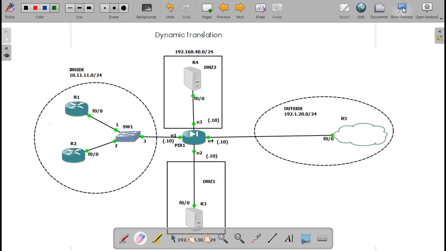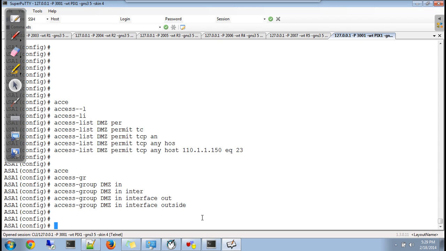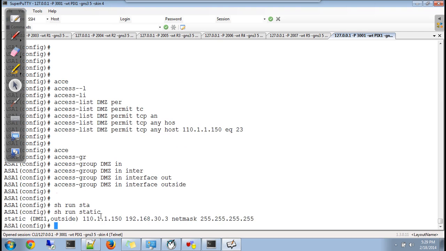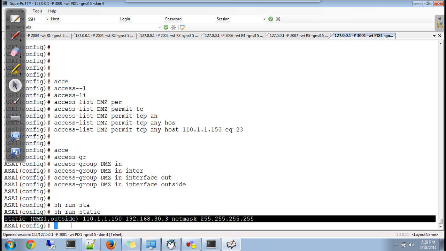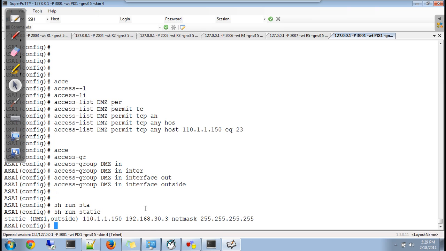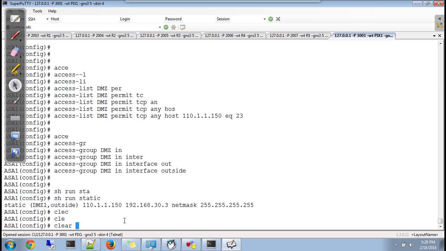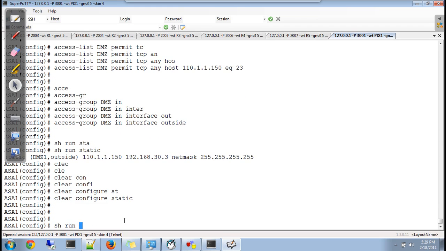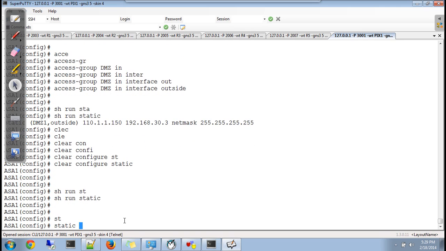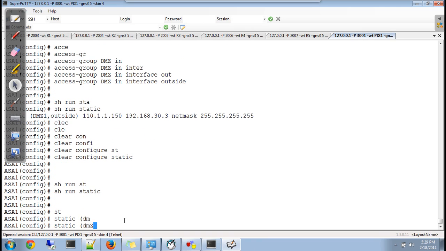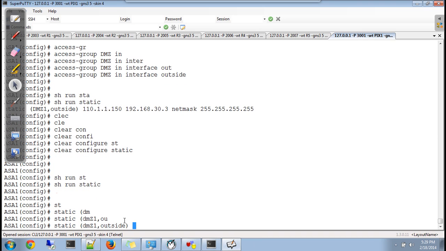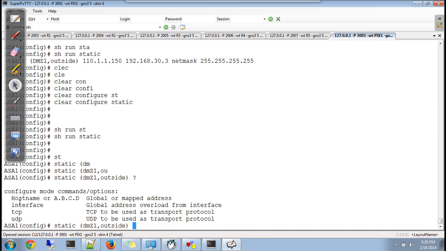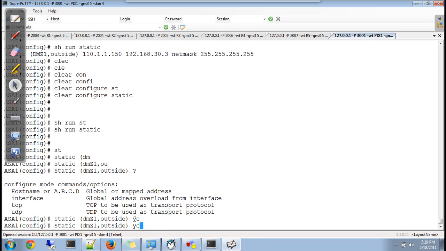Okay, so this is already there, show running. One rule is already there, but I need to remove this. So what I'll do is clear configure static, show running static. There is no static rule. I'll add static DMZ1 to outside, protocol TCP,